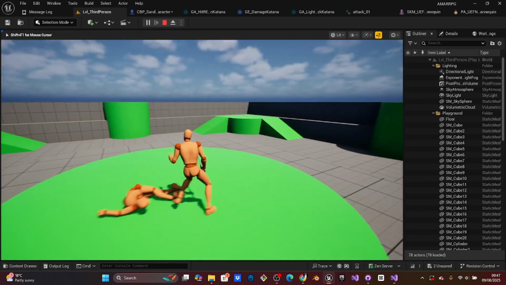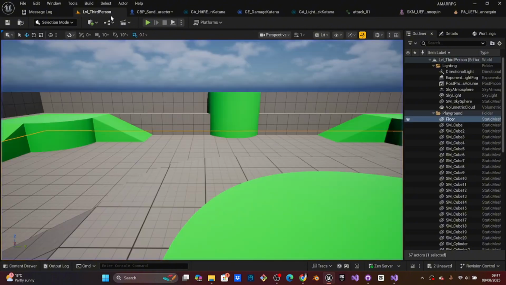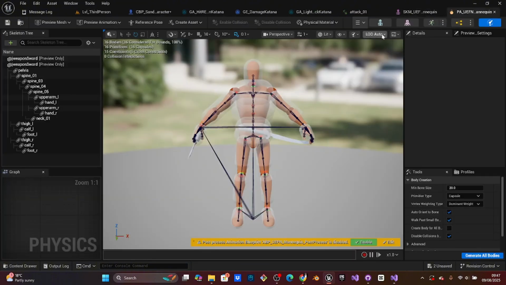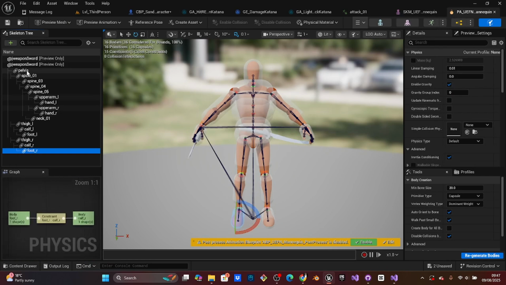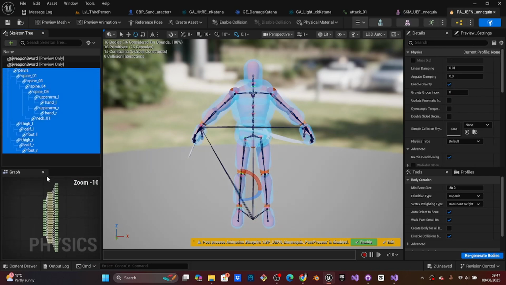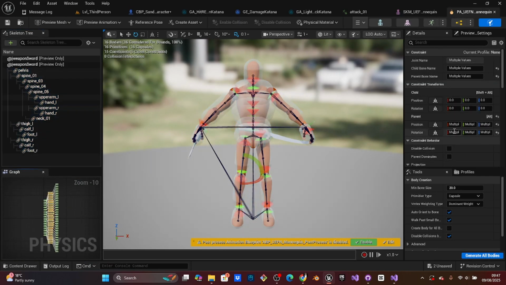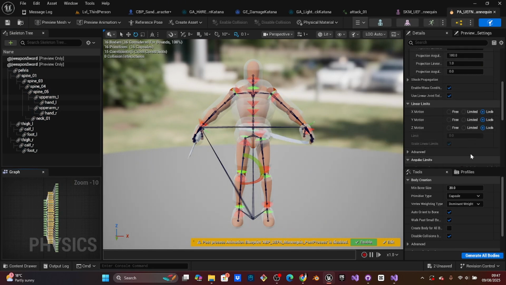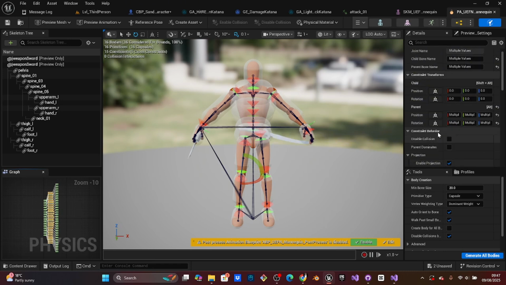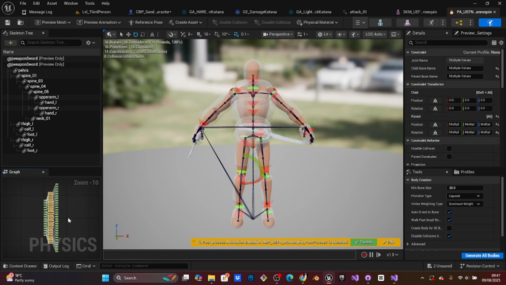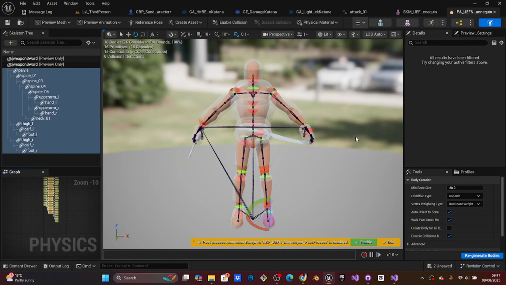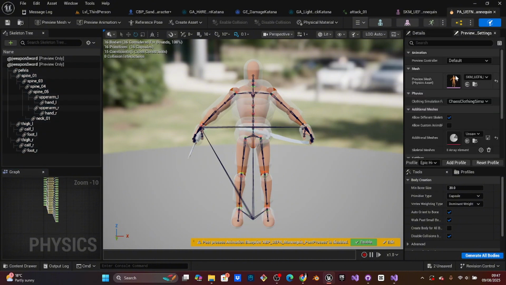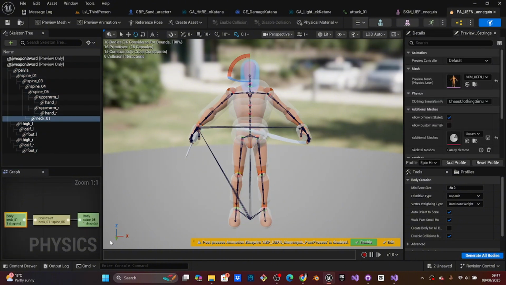Now as you can see, the ragdoll looks very finicky. You can adjust the values here by clicking on them, and if you select them all, you can see the stiffness, weight, and everything. I'll let you guys play with it, and in the comments down below tell me what you did. You can play with these values, but that's one way of ragdolling